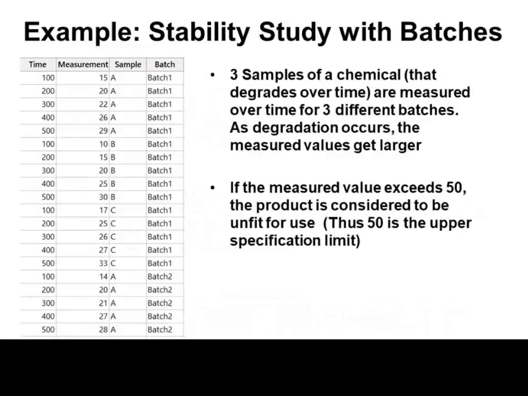So let's just take a look at a couple of examples for this. I've modified the example slightly. The spec limit's still 50. The data's still trending upward. But now I've got three batches of data, batch 1, batch 2, and batch 3, and I have multiple measurements from within each batch. So when I analyze this data,